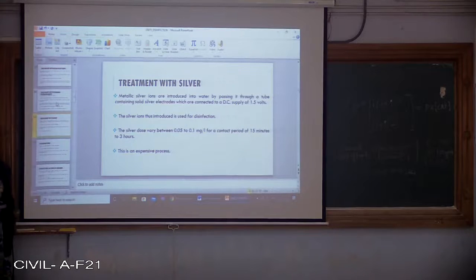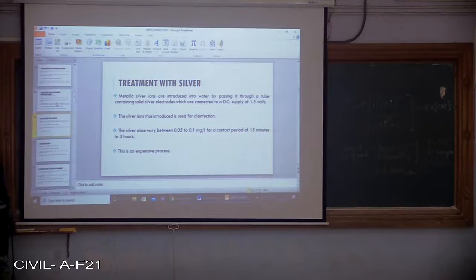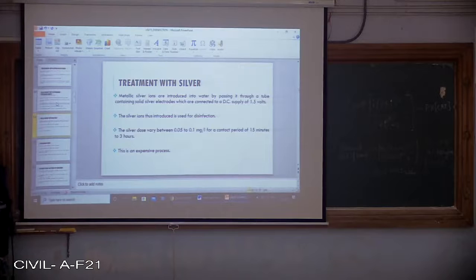So whenever you introduce the electrodes which are made up of solid silver and pass a DC supply of 1.5 volts, the silver ions are going to be released into the water, which act as the disinfectant. The silver dose varies between